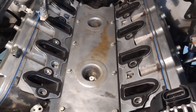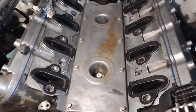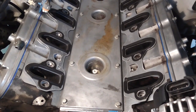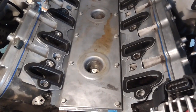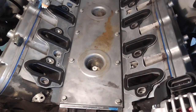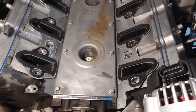Trying to remember, I'm pretty sure I bought those at Amazon. Most of the stuff that I bought to do on this, because I knew I was going to do it, I bought at Amazon. You get 5% cash back if you're an Amazon Prime member, and you also get quick shipping. On some of this stuff, it took me just a little over a day and a half to get it. So where I'm at right now, I took the valley pan off,